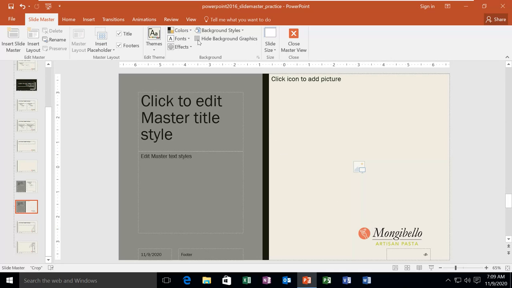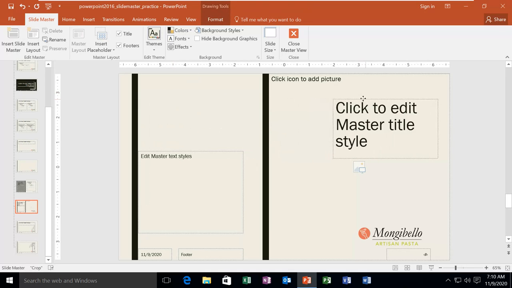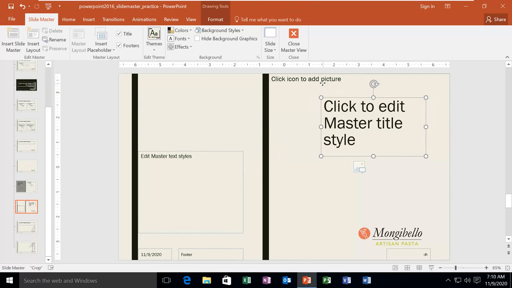If it is not showing, because this one is selected that says hide the background graphics, so you remove it to show the logo here. Now what I need, I want that picture to go here, and this image should come here. First, this one is filled with color, so it will also hide the logo. So first I'll delete the color. Okay, now I will move this placeholder from here to this side, and this image to this side.